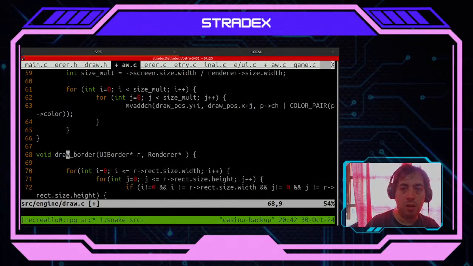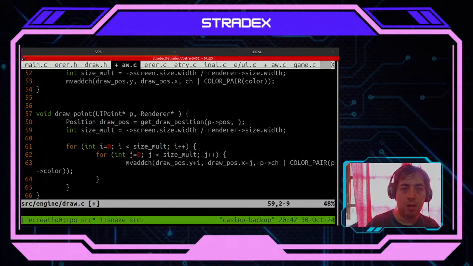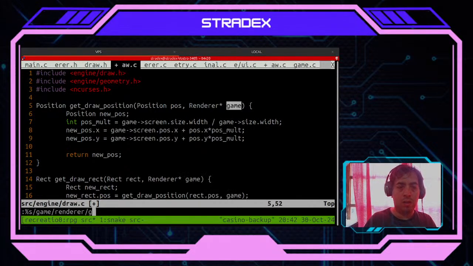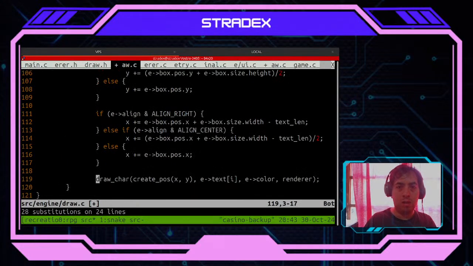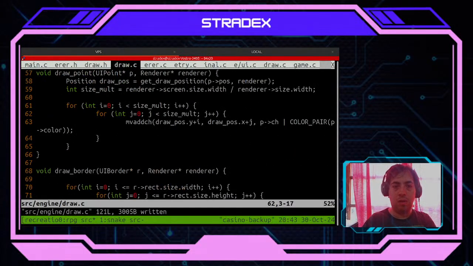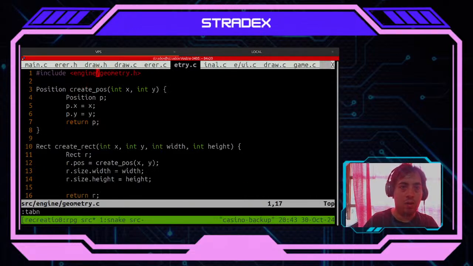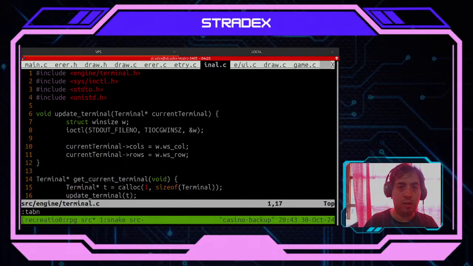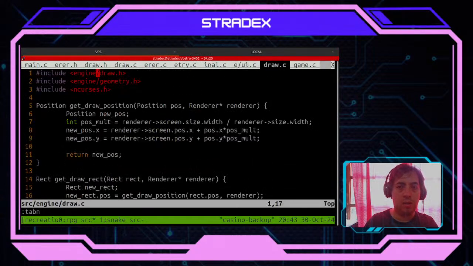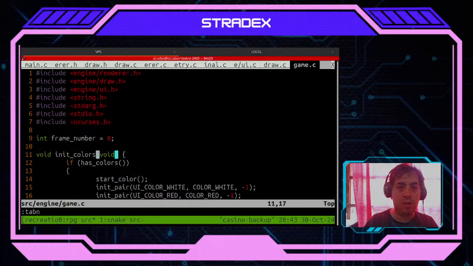Fine. Geometry, terminal, UI. Okay, we are going to be